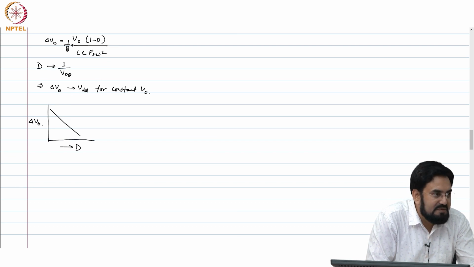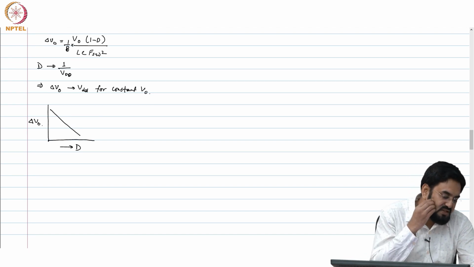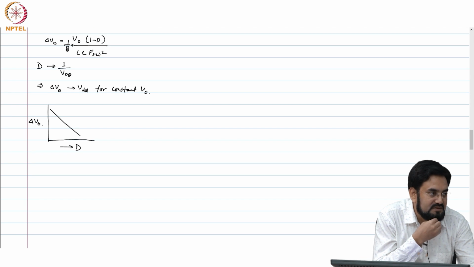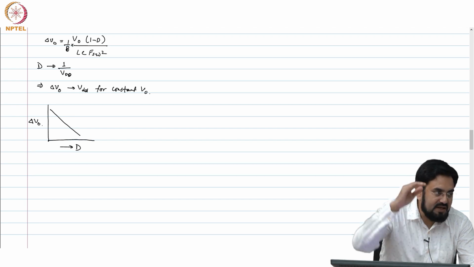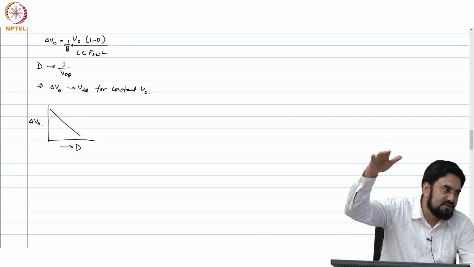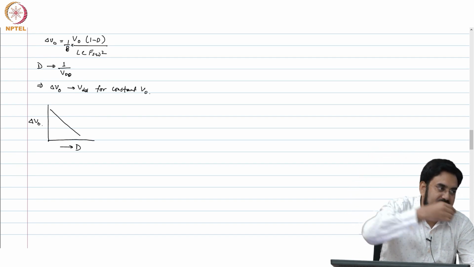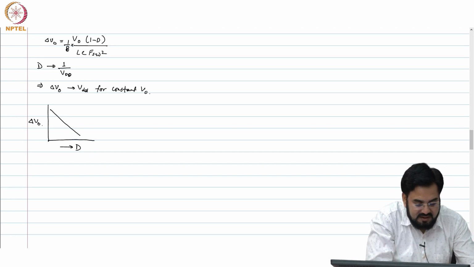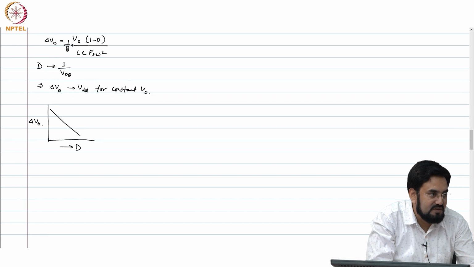So, your ripple current will be maximum at V in equal to 10 volt or VDD equal to 10 volt, and that is why when you keep increasing the V in, you need an inductor which has a higher saturation current, because your ripple is going to increase and the peak current will be your load current plus half of the ripple current, and at higher V in that is high. So, you need an inductor with higher saturation current for higher V in.